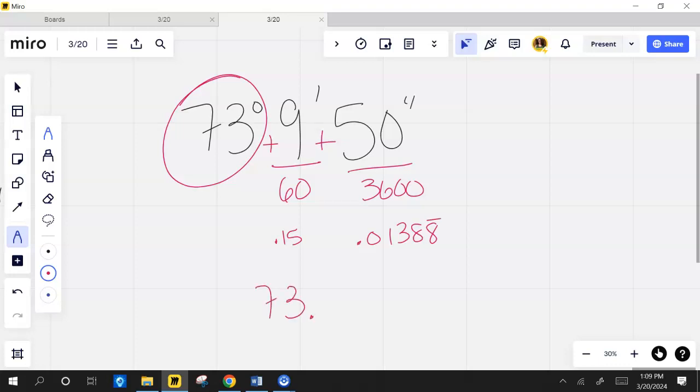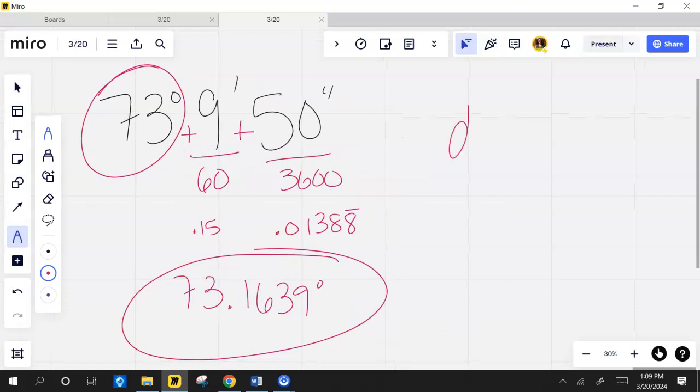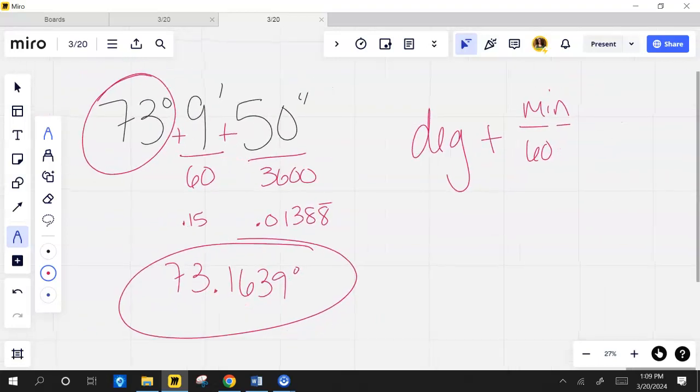Take it out 4 places. 39. Yeah. There it is. So it's degrees plus minutes over 60 plus seconds over